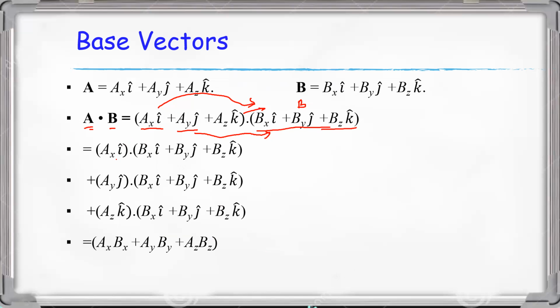Then we take the product as we did before. Here it is the vector B, made of components. If we evaluate this quantity, what we do is take the product of Ax with Bx, and taking the dot product of I dot I, because Ax and Bx are magnitudes, and I and I are vectors. So it is equal to Ax Bx, I dot I